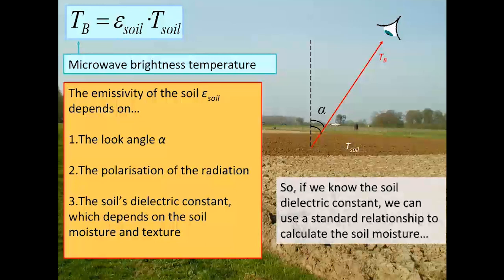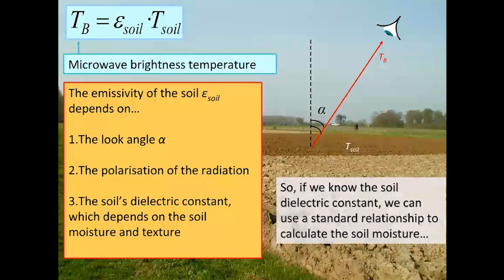So emissivity, for those of you who don't know, is the capability of the soil or any kind of material on the ground to emit energy in terms of thermal radiation. And so when you have a black body and a black object, that's a perfect emitter, and emissivity really stems from there. So when we know the soil dielectric constant, we can use a standard relationship to calculate the soil